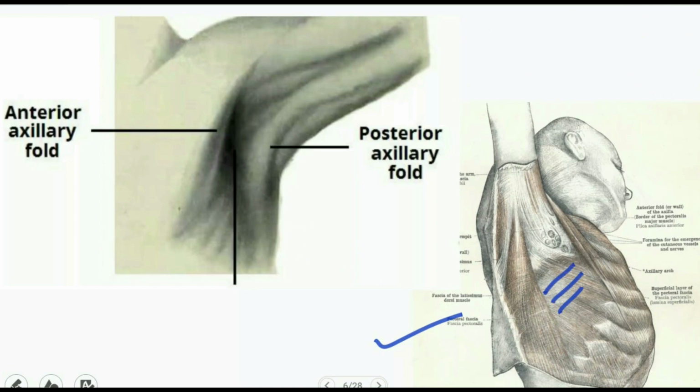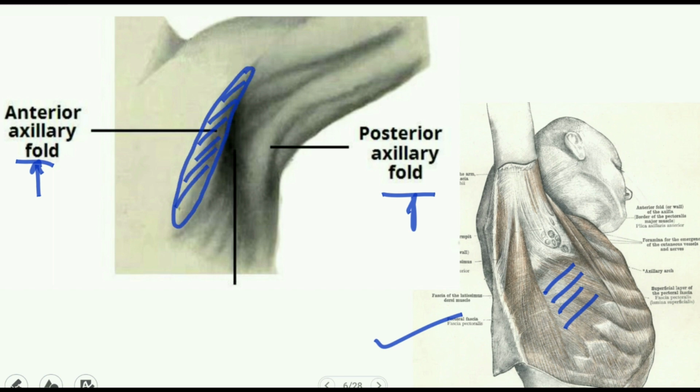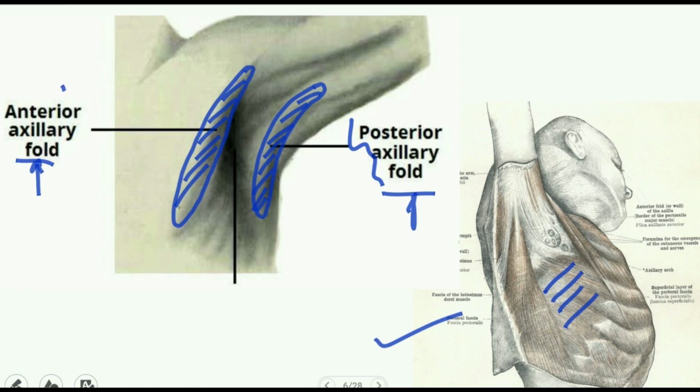Look at these two diagrams. Before going to the medial wall of the axilla, before describing this medial wall, I'll talk about the anterior axillary fold and the posterior axillary fold, because it's very easy to understand them when you know about the anterior axillary wall and the posterior axillary wall. Simply, the muscles forming the anterior axillary wall project outward laterally into a muscular fold known as the anterior axillary fold, and likewise muscles forming the posterior wall of the axilla also project outward, make a muscular fold, and that muscular fold is known as the posterior axillary fold. The knowledge of the anterior axillary fold and the posterior axillary fold will help you in understanding the anatomy of the base of the axilla.